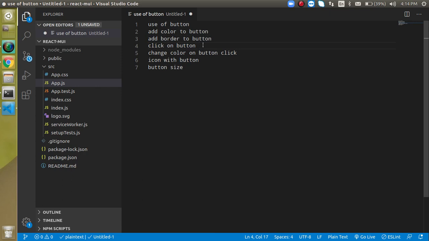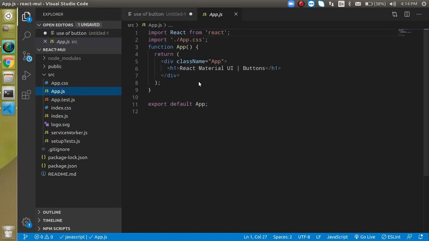Then we will see how we can use the click event on a Material UI button, then how we can change the color and make the button disabled on a click, then how we can use icons, and how we can change the button size also. As I told you, we are not going to use any kind of CSS in this video. We will only use the Material UI properties. So now let's go to app.js, and first of all, I'm just going to tell you there are two